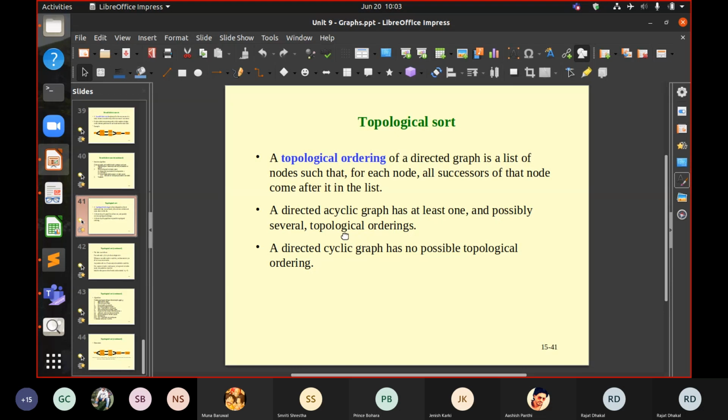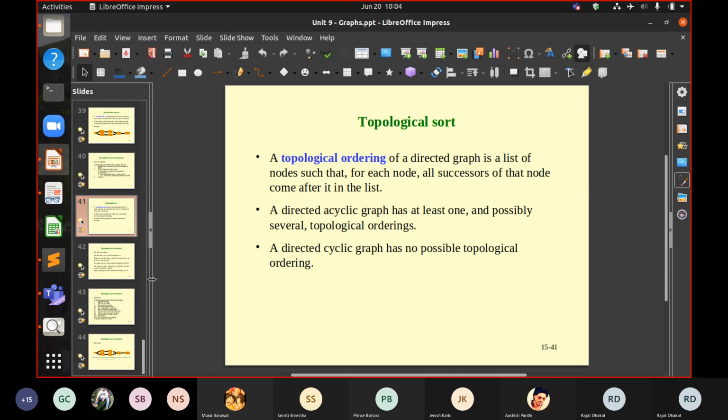possibly several topological orderings. So what it means is that in acyclic there is no cycle. In a cyclic graph there is one cycle, but maybe there's more. So topological ordering of a directed graph is a list of nodes.